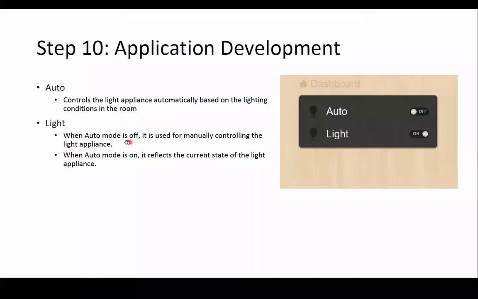When auto mode is off, this mode is used for manually controlling the light appliance. If auto mode is there, then there will be no use of your manual mode. And if auto mode is off, then this manual controlling will be done like this. So auto mode is off, light mode is on, and if it is on, then it will automatically get off.